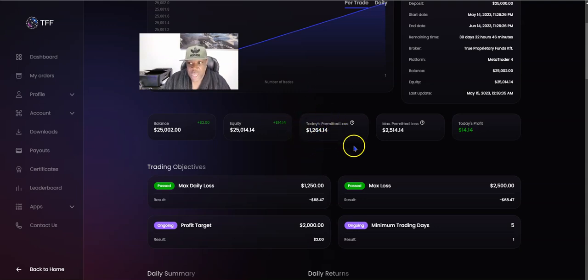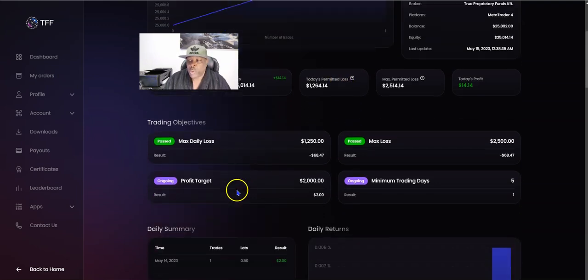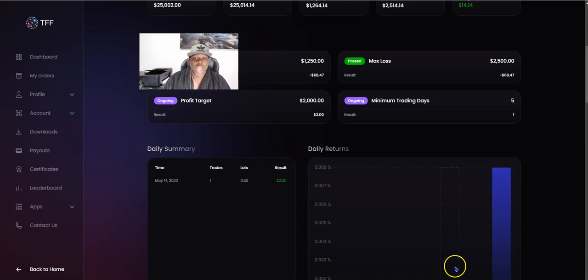And like I said, if you're not paying attention to your dashboard, guess what happens? They have already flagged it as you failed the challenge. Meanwhile, you're still on your charts trading, thinking that you're still good to go. Ain't that cold-blooded? I'm telling you, these people are, boy, I keep telling y'all, if I was a smart man,